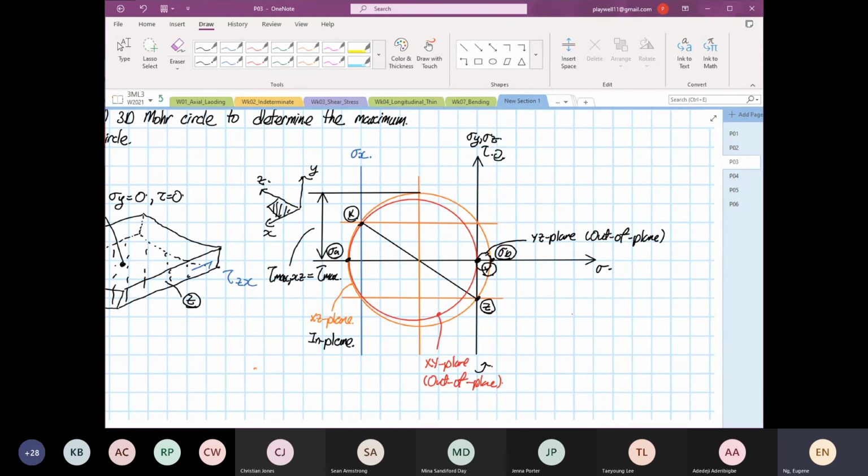We happen to be lucky for this case. What do I mean by lucky? You can also use 2D Mohr's circle to find the same thing. Am I right? Yes, but remember what I taught last week: what if it's not the bigger circle? What if in a situation that what you're calculating is the